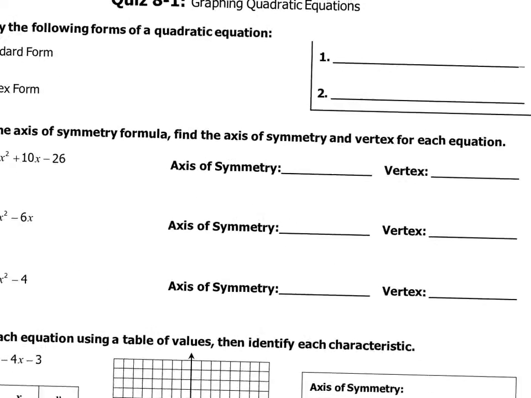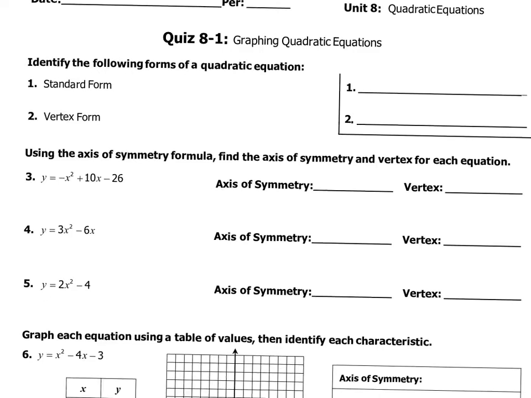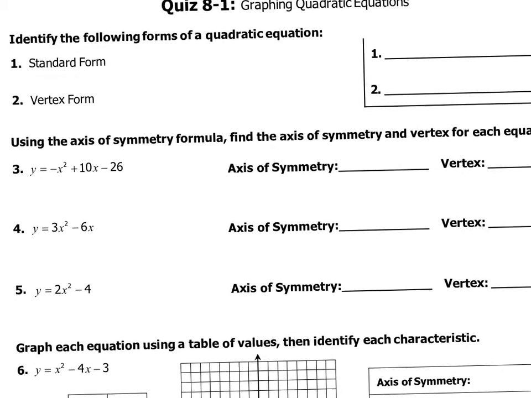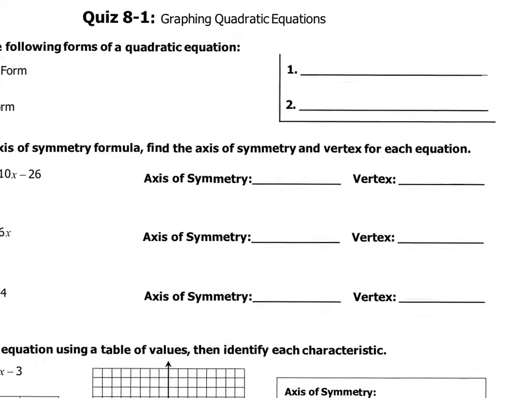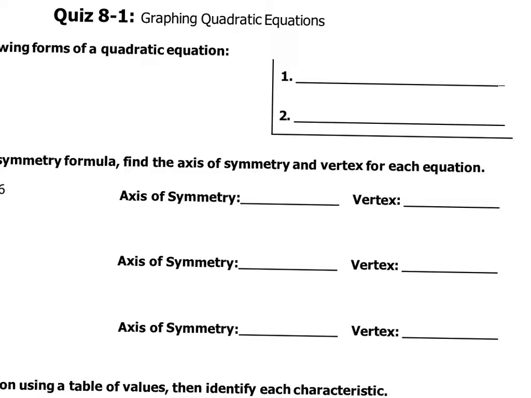Alright, Module 19 Study Guide. Identify the following forms of a quadratic equation. First, standard form. Remember, standard form of a quadratic equation is y equals ax squared plus bx plus c. And if a quadratic is in standard form, you could easily find the axis of symmetry and the vertex